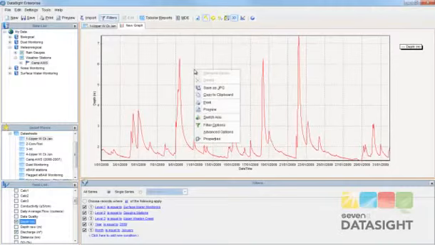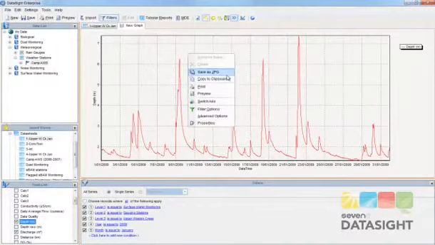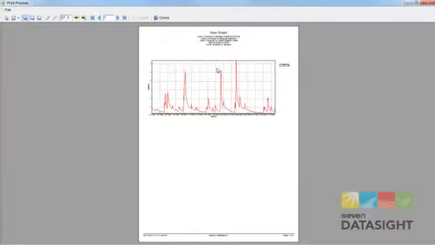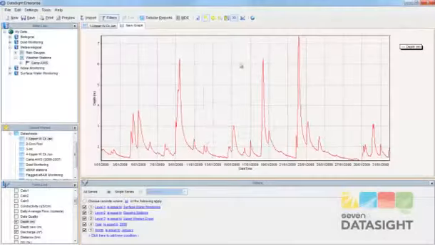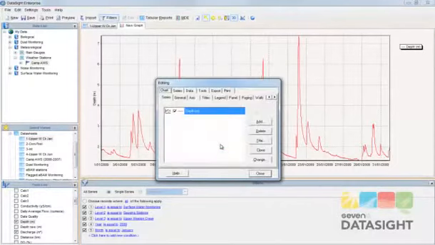Graphs are easily exported by saving it as an image or copying it to the clipboard, where you can then paste it into other documents such as Word or Excel. You can print or preview graphs, and we can edit graph properties, quickly adding titles,